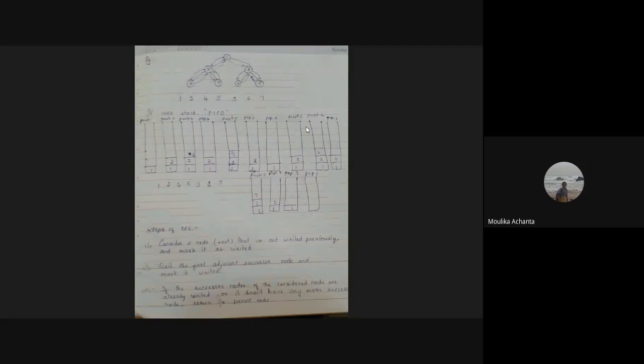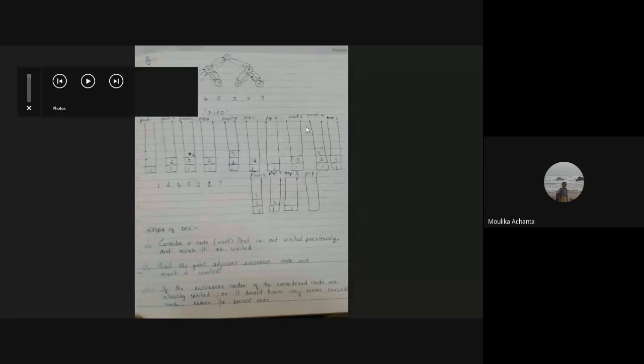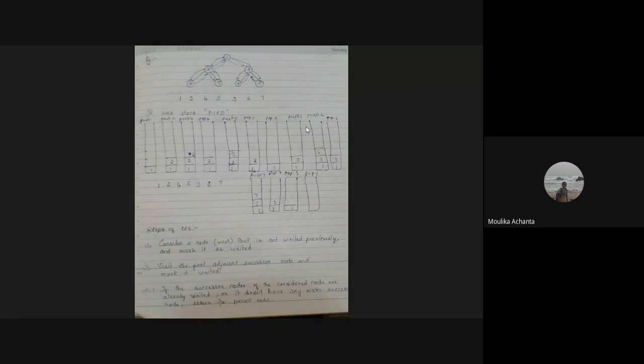The other child for 3 is 7, so we'll push 7 into the stack and print 7 in the array. Finally, as all the elements were traversed, we'll pop out every element from the stack. The remaining elements are 3 and 1, and we'll pop those out. This is how DFS is performed.